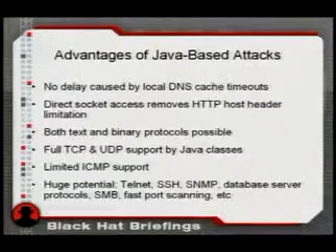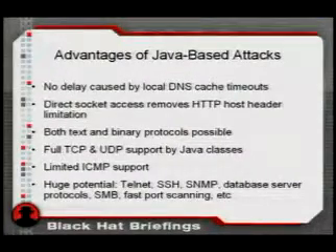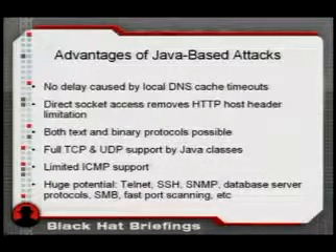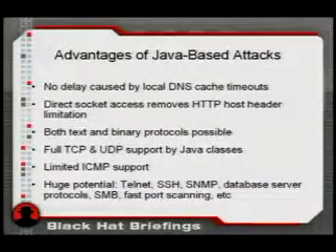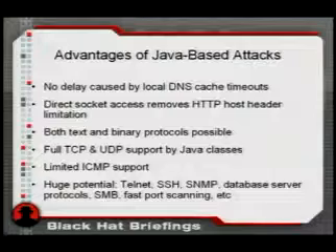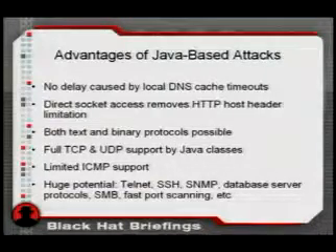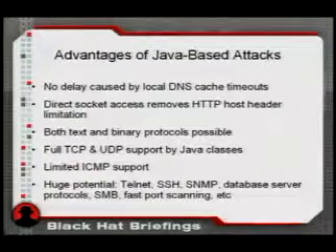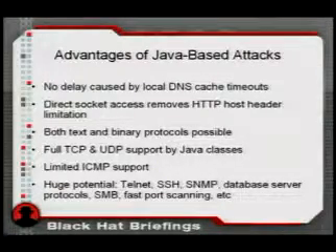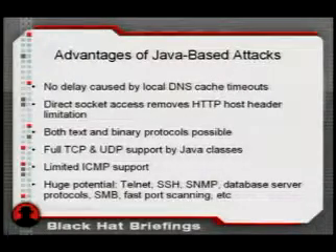That has a lot of advantages over the previous attack. For one, there's no delay caused by the firewall and the cache timeouts that we saw earlier. The host header restriction is lifted, because you can create your own sockets and your own arbitrary HTTP requests. But going well beyond that, pretty much any application protocol, text or binary, UDP or TCP, even limited ICMP support is possible. This has huge potential, obviously. SSH, Telnet, SNMP, NIS, CIFS, database protocols, pretty much the vast majority of data that travels over a network can be tunneled through Firefox using this technique.